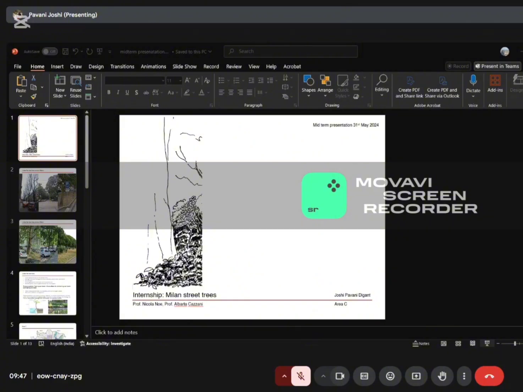Unmanaged planter beds have compacted soil, and the potential green area cover is either exposed soil or just grass. So looking at the condition of pollution in Milan, which is air pollution, which is transferred in rainwater and to the soil, my proposal was to introduce a phytoremediation technique in the planter beds for maintaining soil health and treating rainwater,